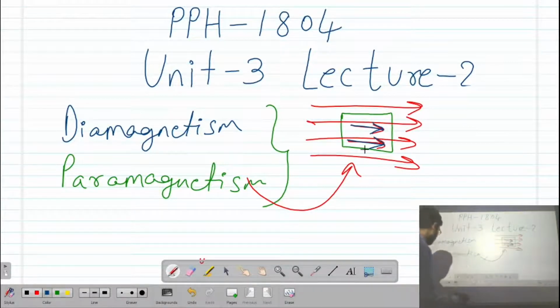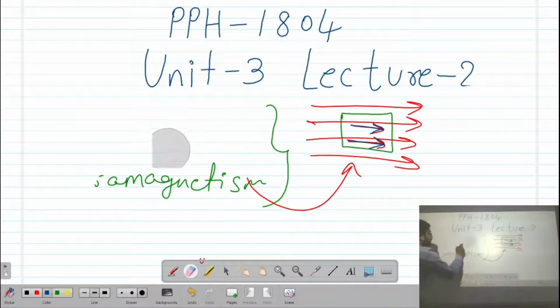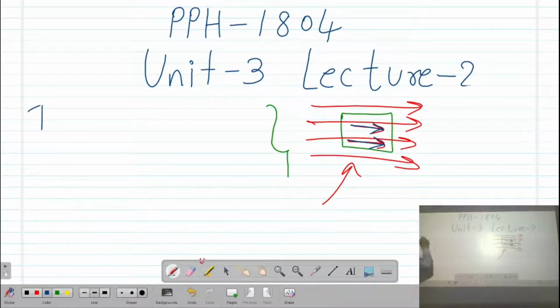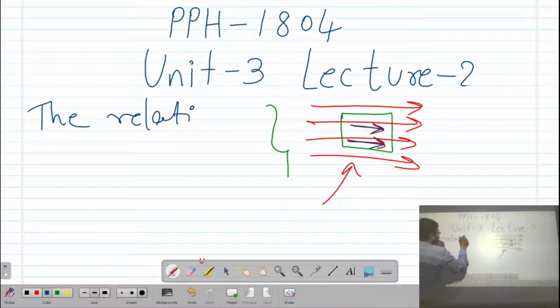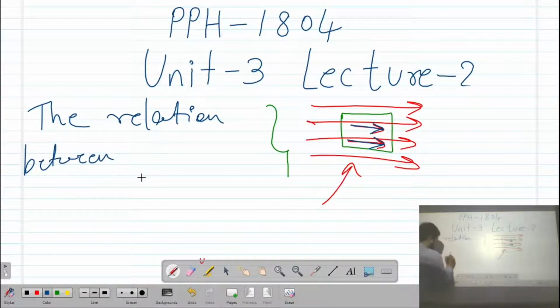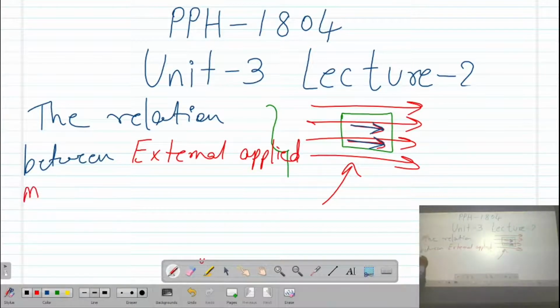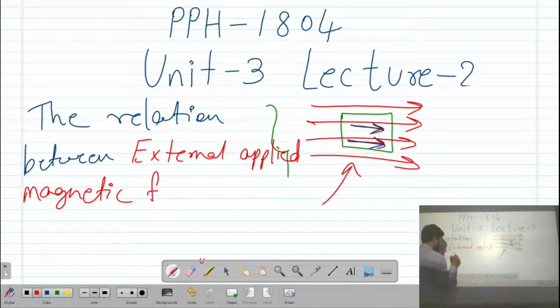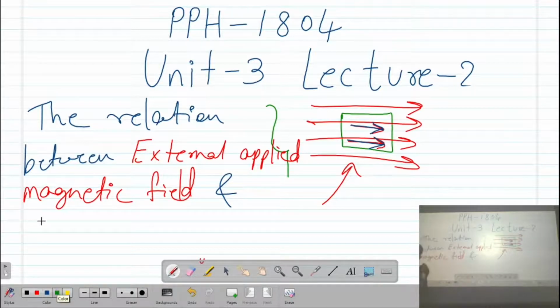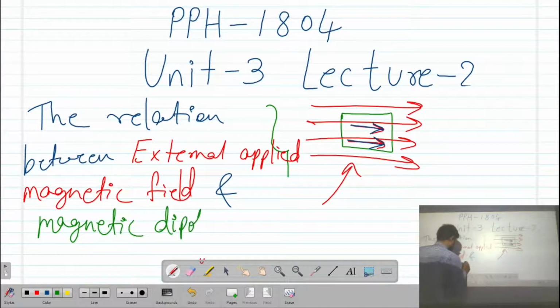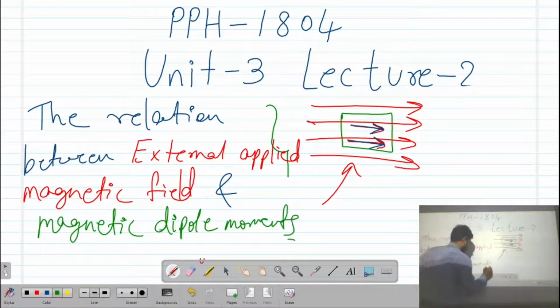So we need to find the relation between the external applied magnetic field and magnetic dipole moments, right?